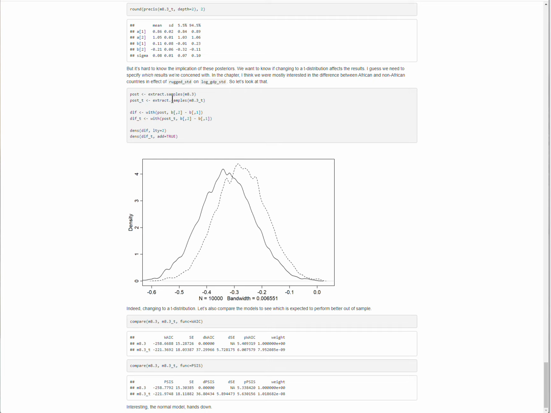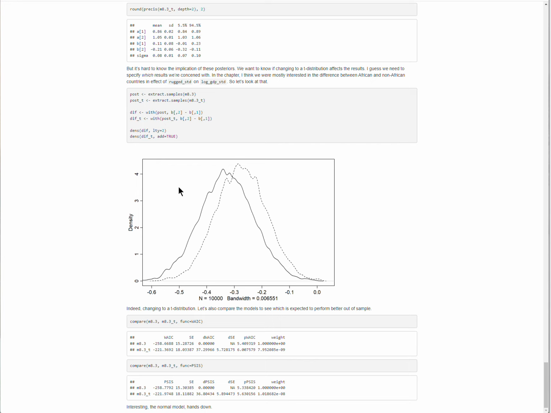I'm extracting samples again, and pulling out first post, which was the normal model, and then post-t, which is the t-distribution model. I'm subtracting the beta coefficient estimated for countries outside of Africa versus inside of Africa, and then displaying the posterior density of those 2 models.